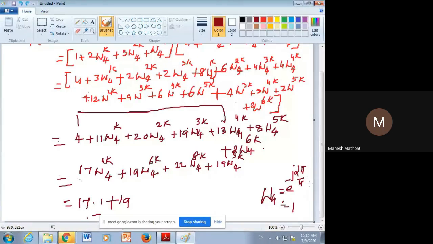If we write 6 there, what will happen? It is going to be again 3s and 2s, so the 2s get cancelled, and the value will become